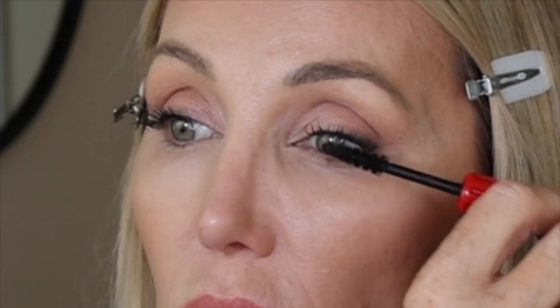Not that the other one clumps. It doesn't clump. It's just more of a thickening, volumizing mascara, where this one just feels a little bit more, each lash is more individually coated, and it just looks lighter. Yeah, they still look like I have a lot, but a lighter lash. That makes sense. A thinner lash? Not thin. And then while I have out step number 2, I'm just gonna go in and go underneath, just